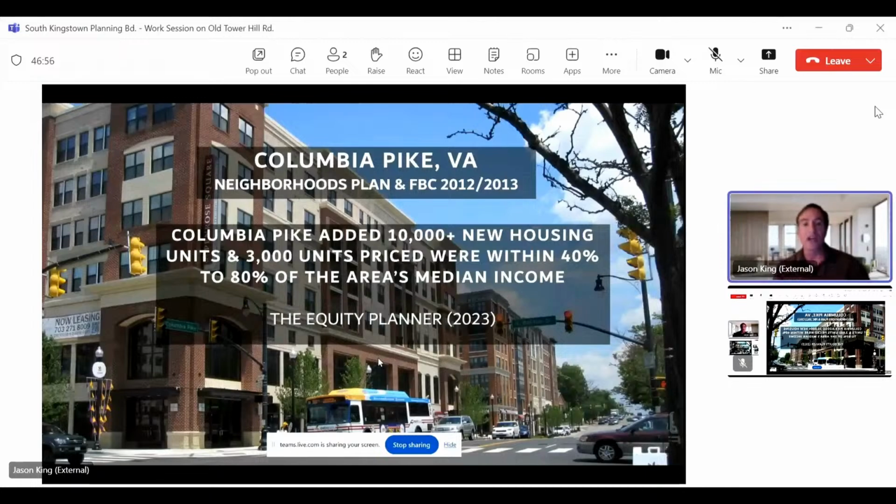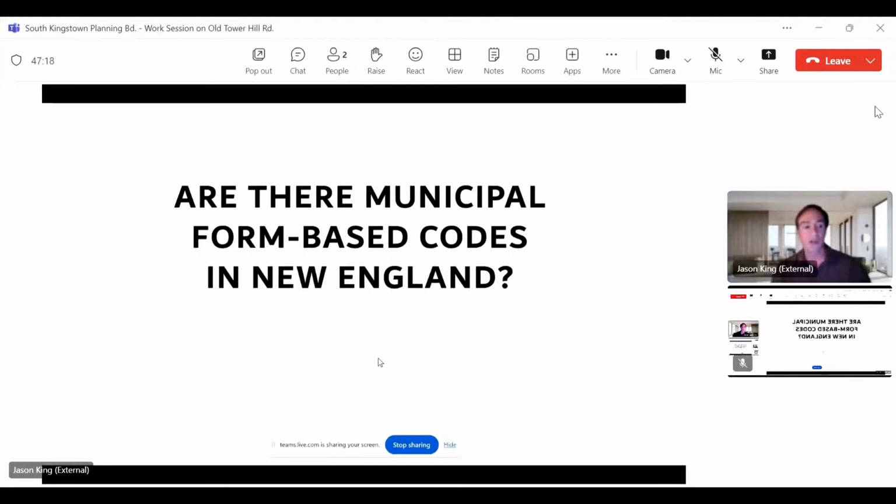They weren't just asking for storefronts and awnings and street trees. They were also asking for a commitment to creating affordable housing. If you go too far with what you're requiring from developers, then you could stall a place. So our code for South Kingstown is not currently asking for affordable housing. Well, that's still an open question.